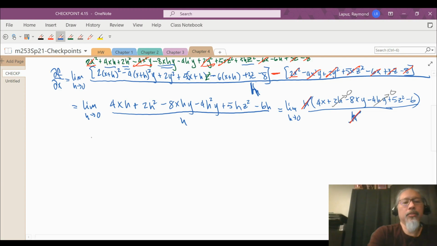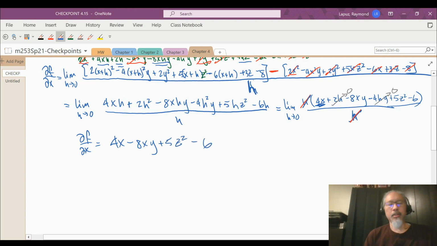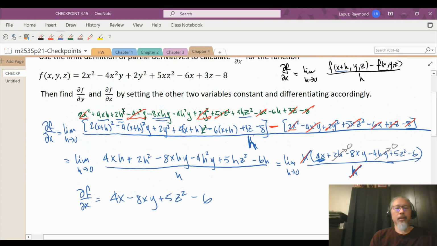So what do we have left? It turns out the partial of f with respect to x will be whatever's left over. We have a 4x minus 8xy plus 5z squared minus 6. Okay, and if we take a look at this function and imagine taking the derivative of this thing by holding y and z constant, the first term will be